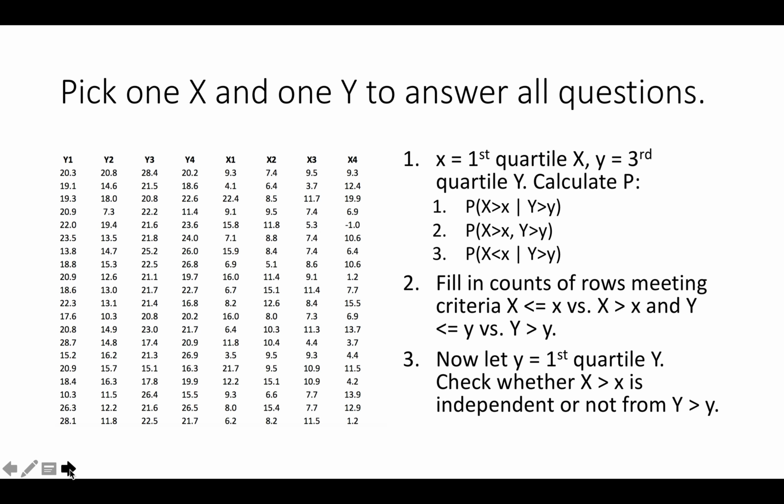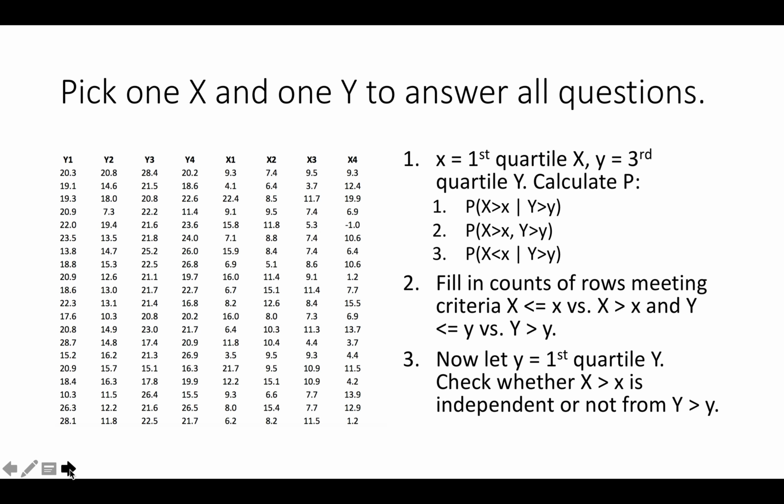The first probability is that x is greater than the first quartile and/or y is greater than the third quartile. Second one is for both of them to be greater than their respective values. And then the third one is the probability of x less than the first quartile and/or y greater than the third quartile. Second question is just to fill in a count of the values corresponding to the cutoffs in